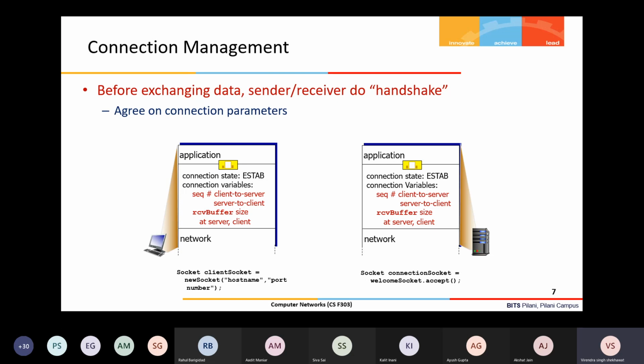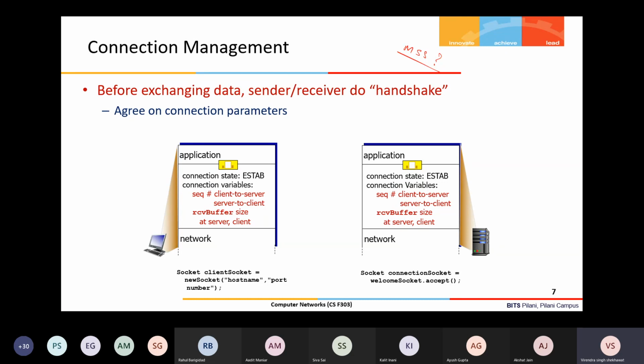Okay, so now let us establish the connection, and after that we can see how reliable data transfer works in TCP. But before that, let me first establish the connection, and then I will talk about one other thing. What is the maximum segment size? How can the maximum segment size be decided? Just keep this in your mind. If I forget, please remind me.